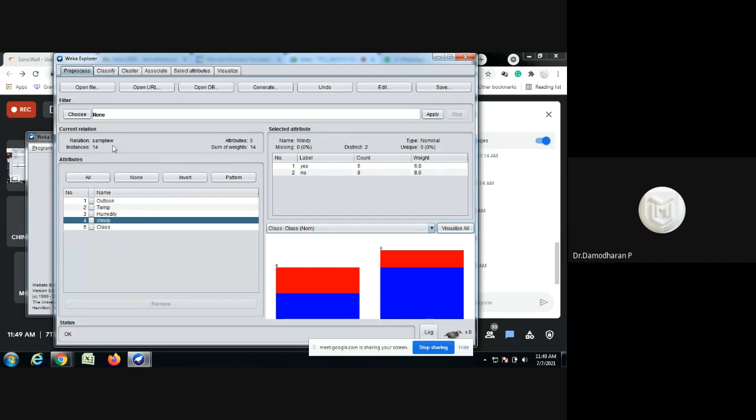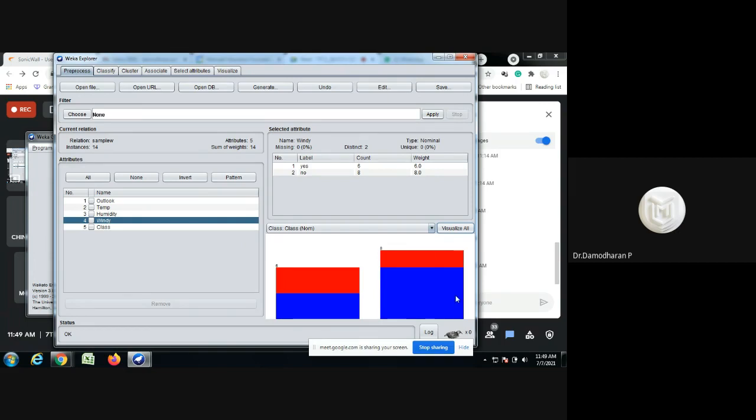Once the data set is created and loaded into the file, we are able to see that the data set is pre-processed and we are able to give some values to the user in terms of numbers as well as for visualization purposes. In this way, the data set is read and pre-processed in the WEKA tool.